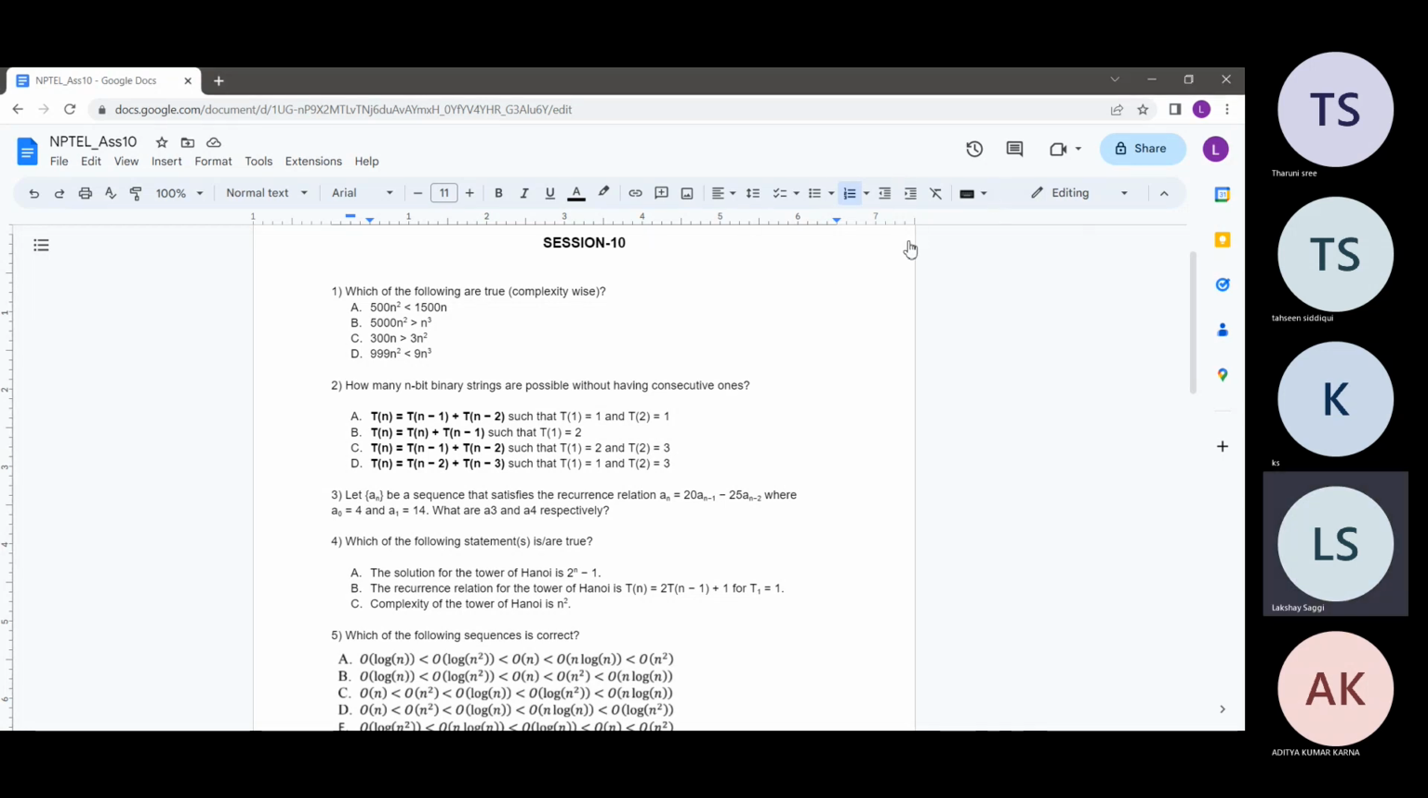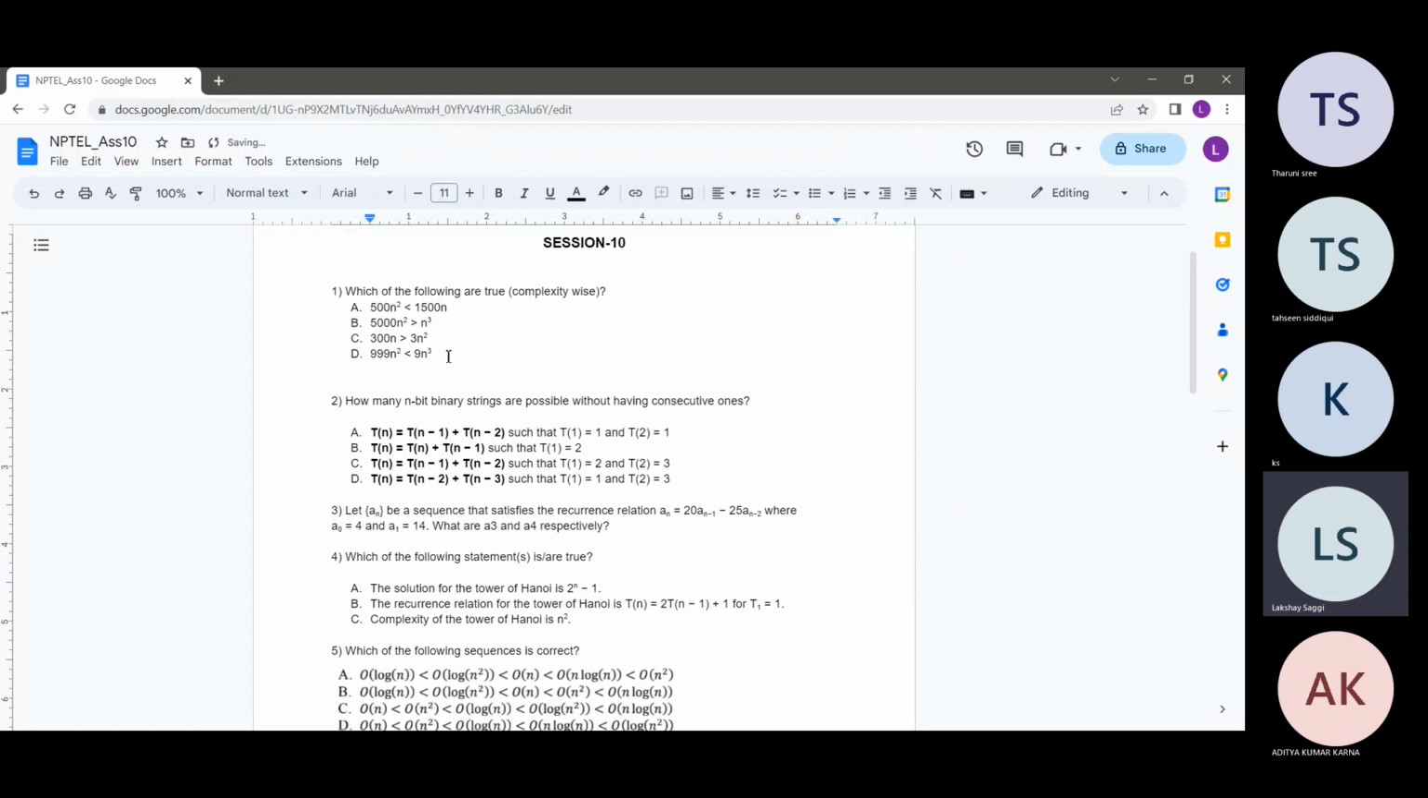So let's just get started with the first question then. So the first question is not related to recursion, it's more related to complexity. So I guess this was also a concept which was covered in this week's lectures. So we'll be discussing some of this also. So the question asks, which of the following statements are true complexity wise? So first of all,